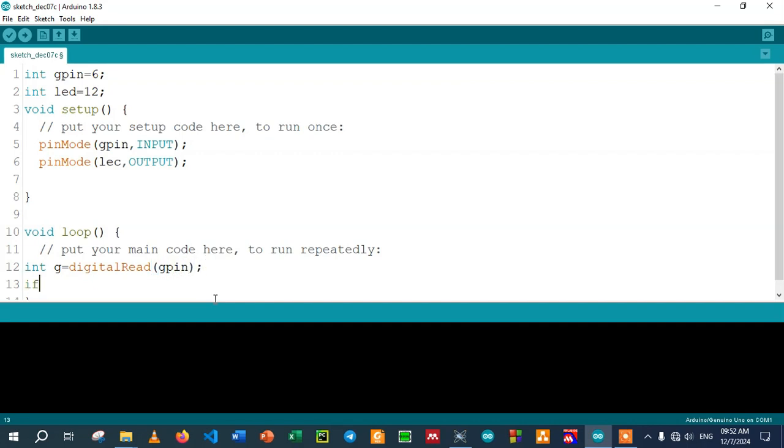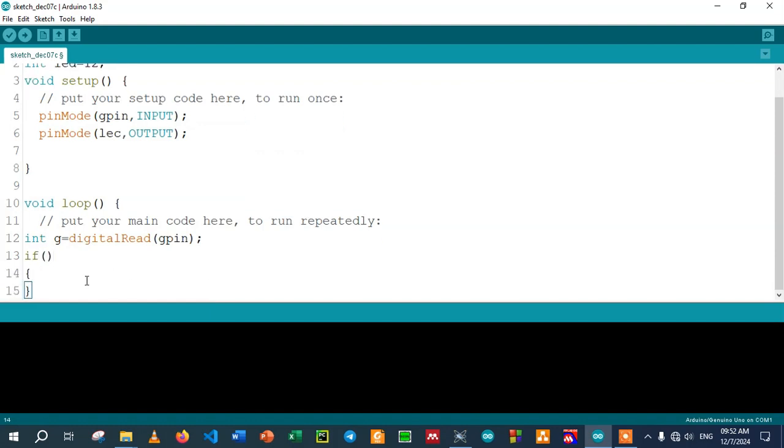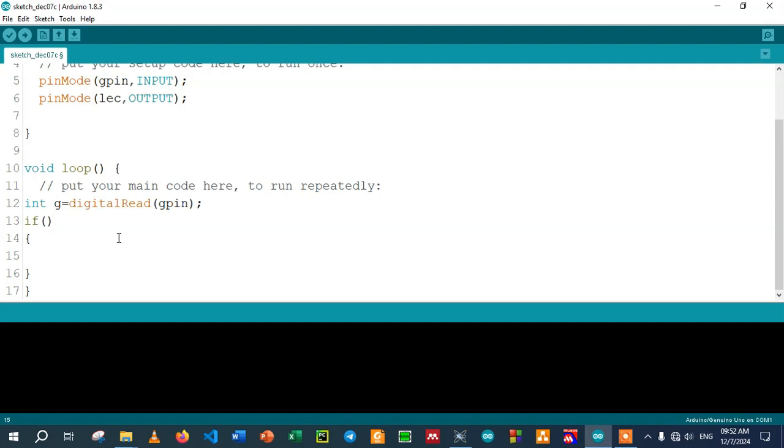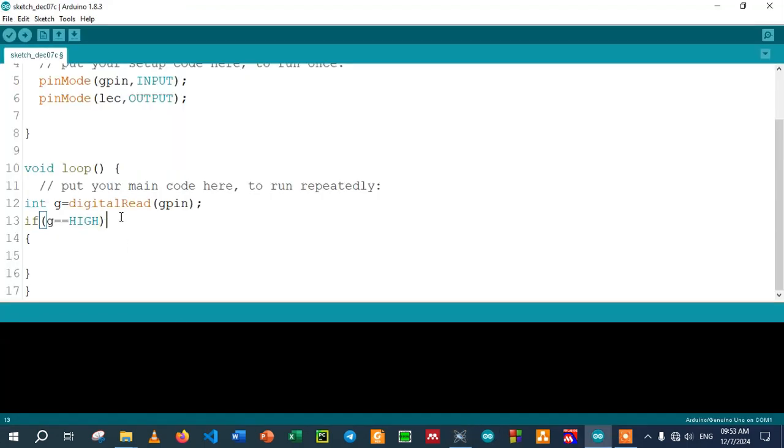So if g is equal to 1, that means if gas is detected, digitalWrite LED, HIGH.